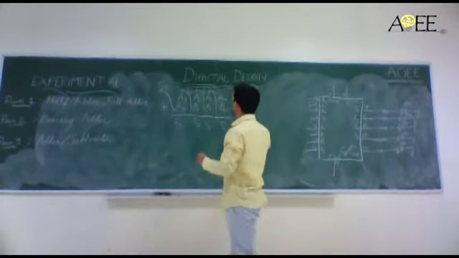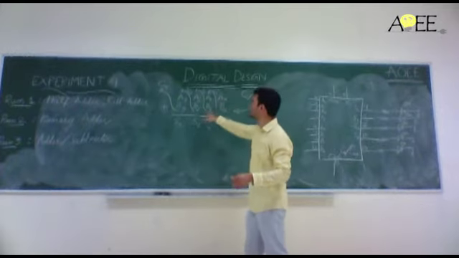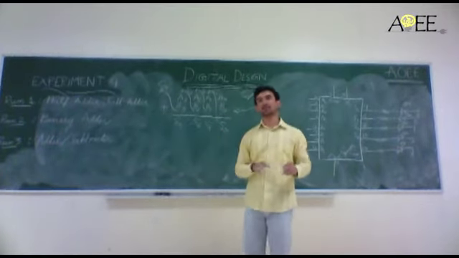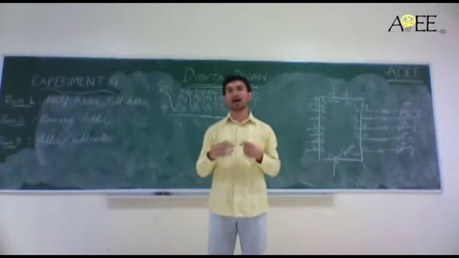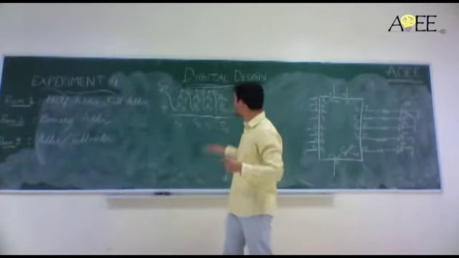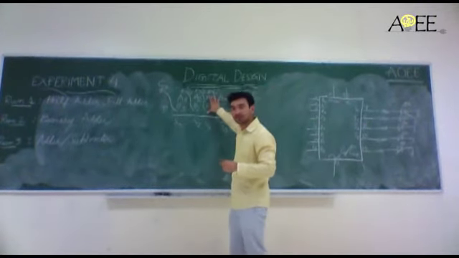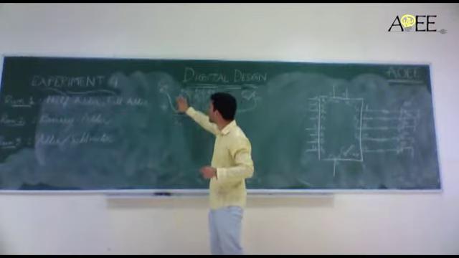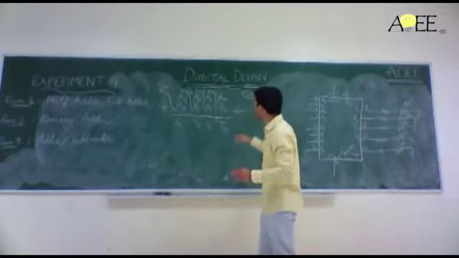The 4 bits will be denoted by A0, A1, A2, A3, and they will be added to B0, B1, B2, and B3. As we already told, a half adder adds just 2 bits. So A0 and B0 can be added using a half adder. Similarly, A1 and B1 can also be added using a half adder, and similarly for A2, B2 and A3, B3. But note what is happening.